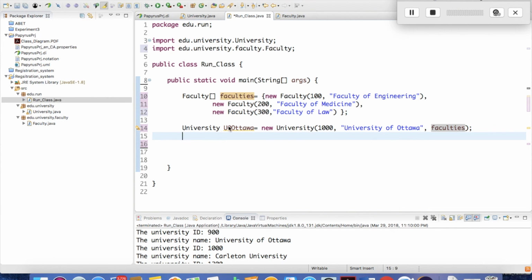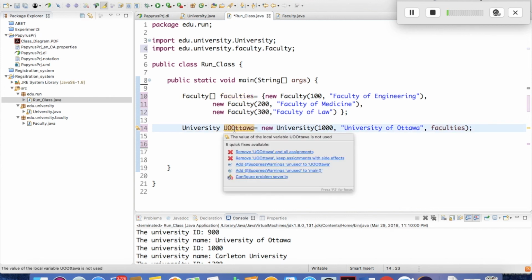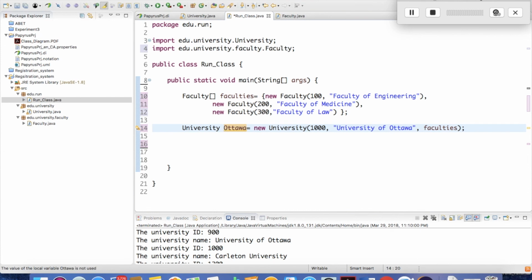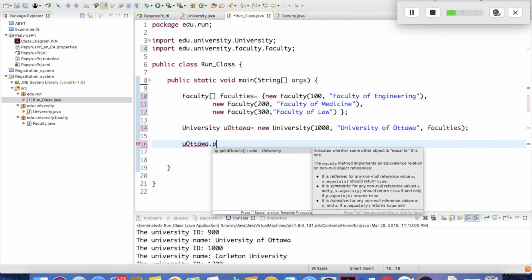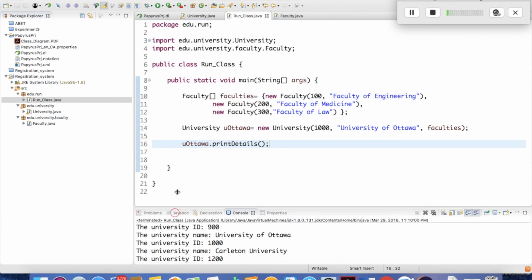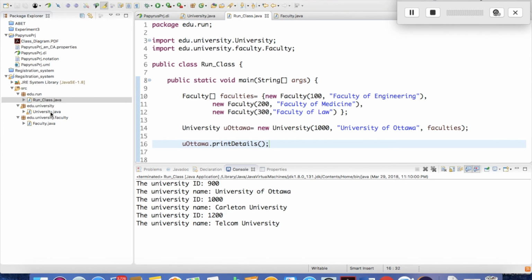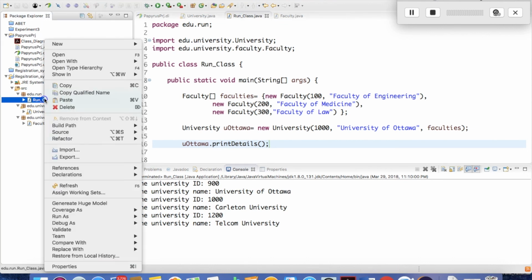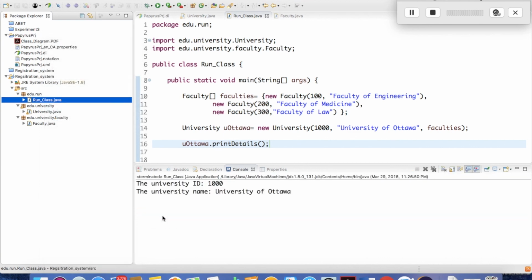So let's call it like this: U Ottawa, U Ottawa dot print details, and let's try to print it, see what's the output. We just write run as it's not printing